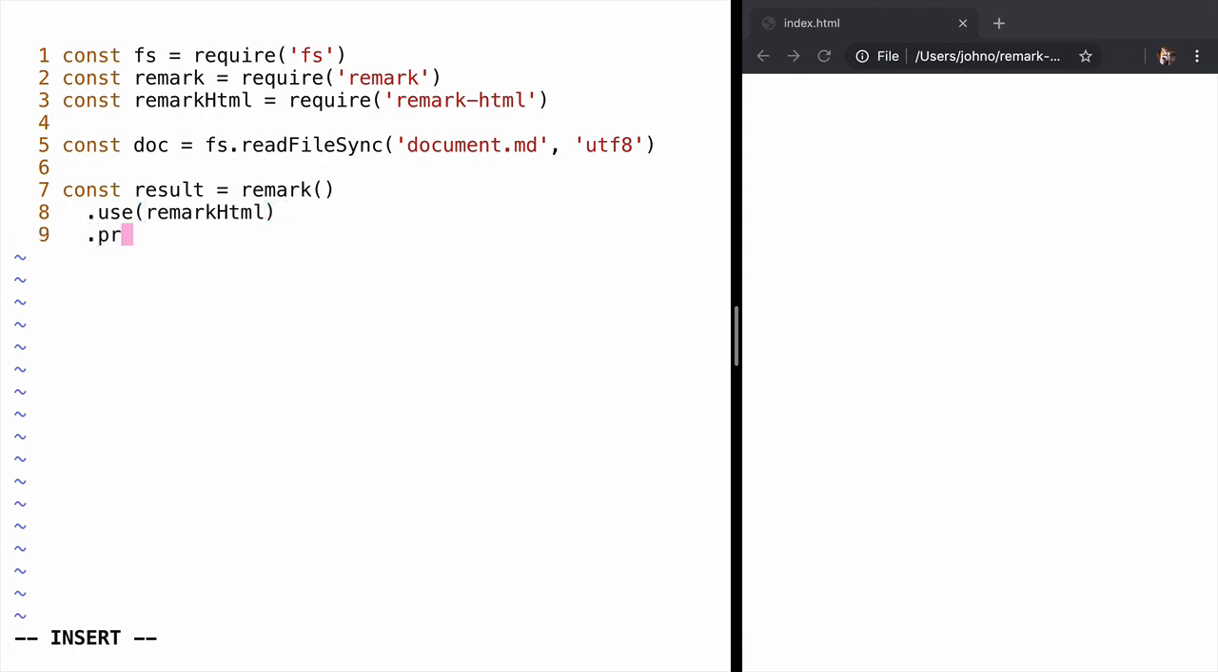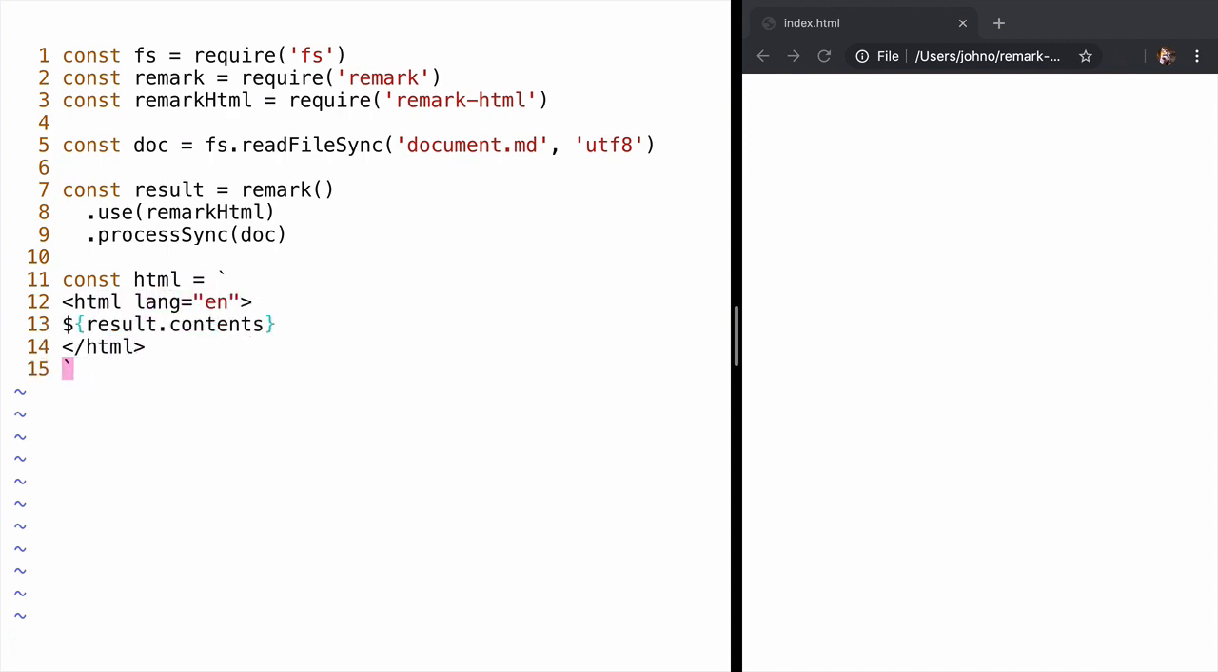Then we can call processSync and pass it our document. The result will contain a contents key that has our raw HTML. However, we'll need to wrap it in an HTML tag. Now that we have a valid HTML string, we'll need to write it to disk so we can read it